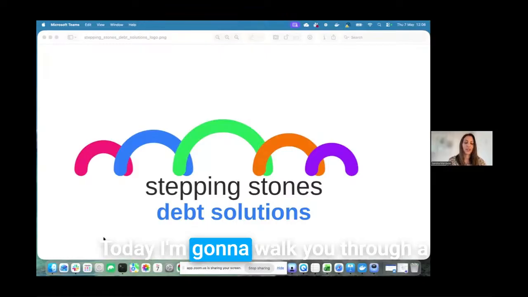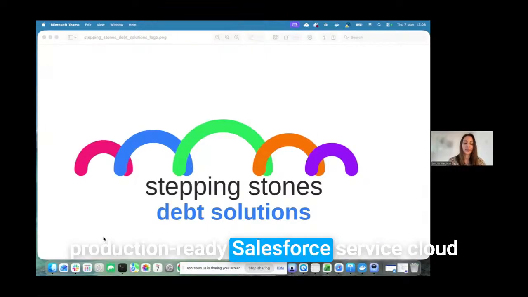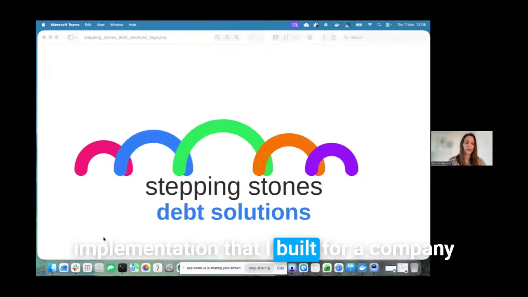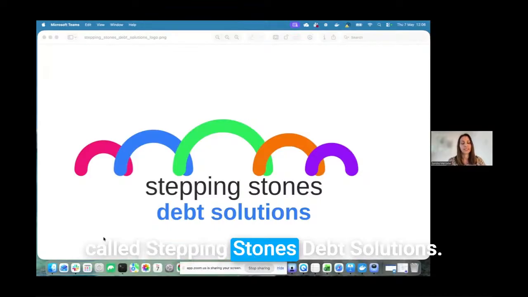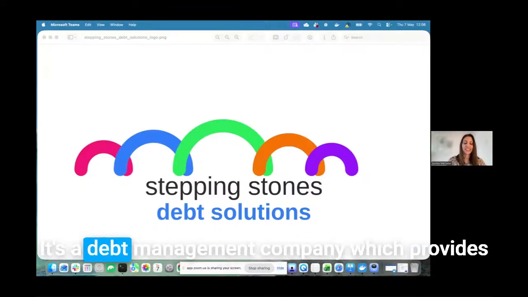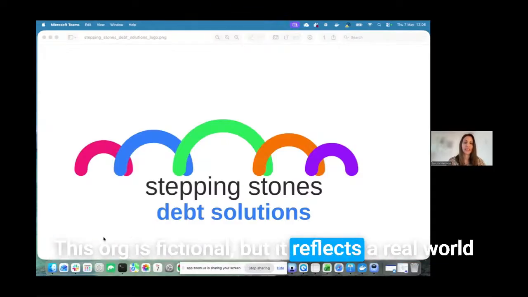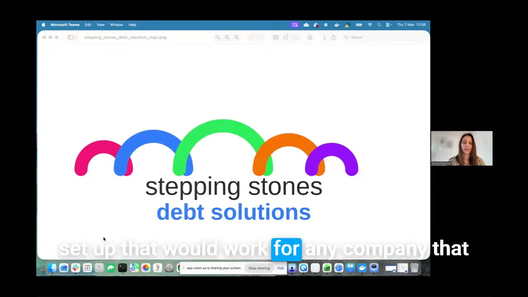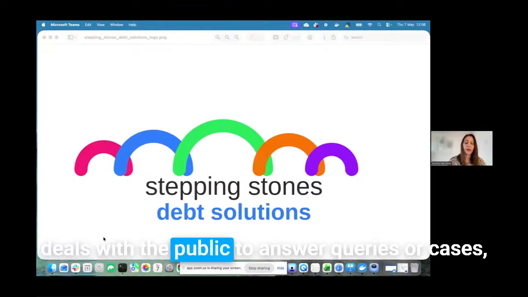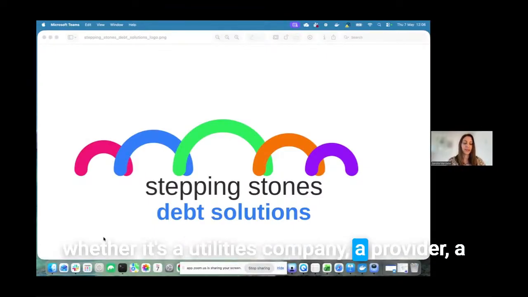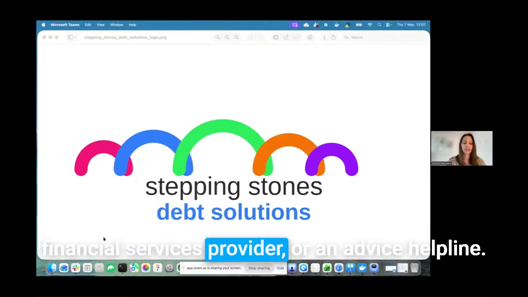Today I'm going to walk you through a production-ready Salesforce Service Cloud implementation that I built for a company called Stepping Stones Debt Solutions. It's a debt management company which provides advice, debt management plans and support. This org is fictional, but it reflects a real-world setup that would work for any company that deals with the public to answer queries or cases, whether it's a utilities company, a provider, a financial services provider, or an advice